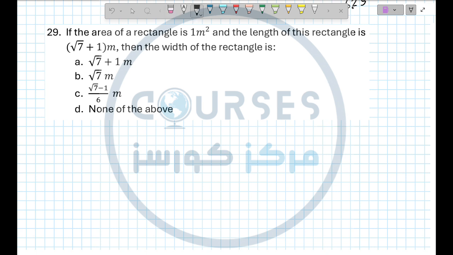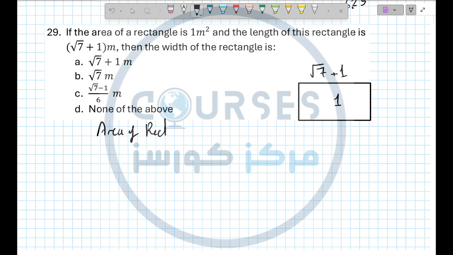We have the area is 1, and we have the length is square root of 7 plus 1. We want the width, okay? So we have area of rectangle,